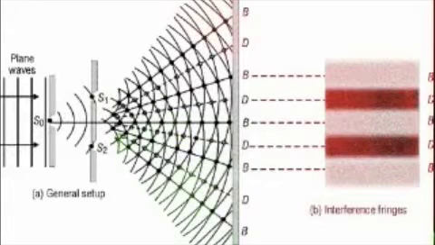Okay, so here's a diagram. There's actually two screens in this. Don't let that confuse you. In the first one, you're getting straight wave fronts, like ocean waves coming into the shore, where they're basically straight. It'll be like that if waves start out in a ripple, but very, very far away, those ripples seem straight. So, for example, the waves coming from stars come to us basically straight, as you see on the left of this diagram. They hit the first screen.